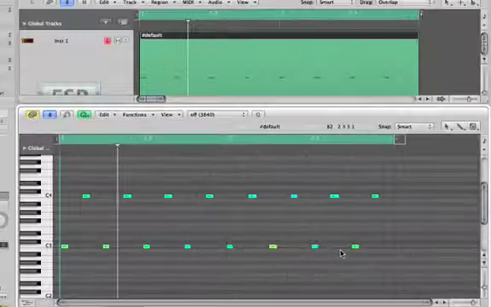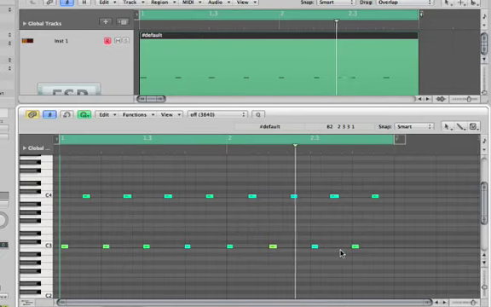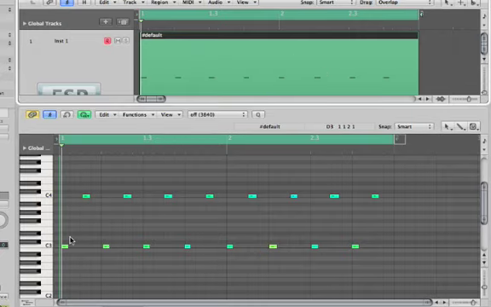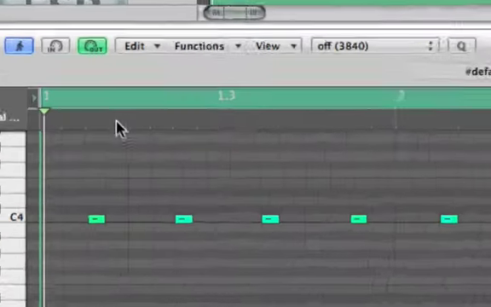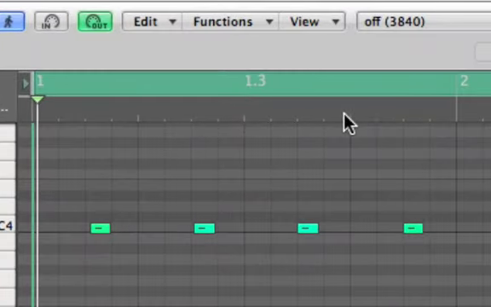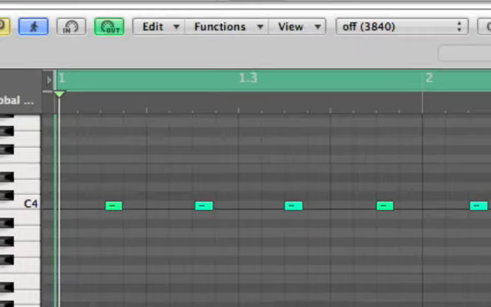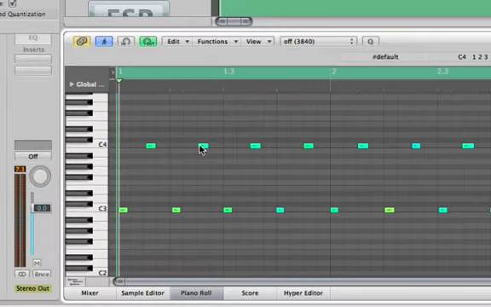Alright. Now there's some weird rhythms in there, it's not perfect, so what I want to do is quantize it. Quantizing it takes away the tediousness of trying to drag each note to the perfect spot. So what you first have to do when you quantize is figure out the length of your notes. Each of these little ticks here is a quarter note. So that means that these are eighth notes.